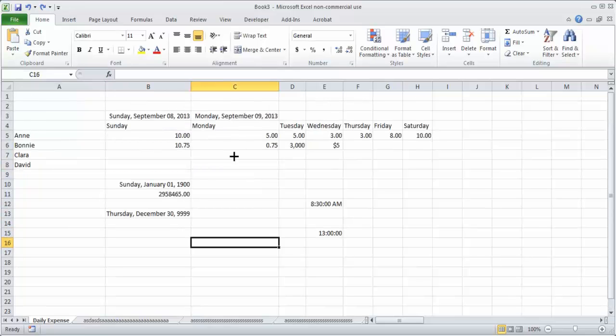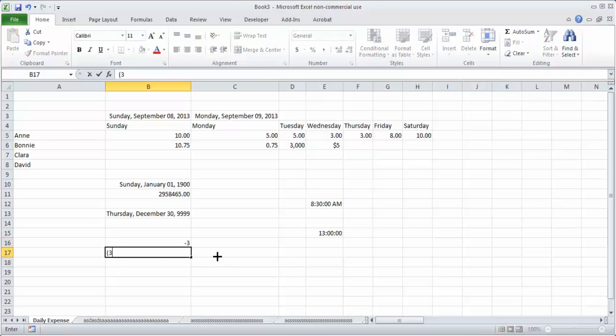With regards to the number format also, we can have negative values. Let's say if I want to write -3, I can write -3, or I can also write -3 in decimal, in brackets. In accounting you will find that people write within brackets. If any value is within brackets, it is considered as minus. You can see it is taken as minus. That is how you treat the minus values.